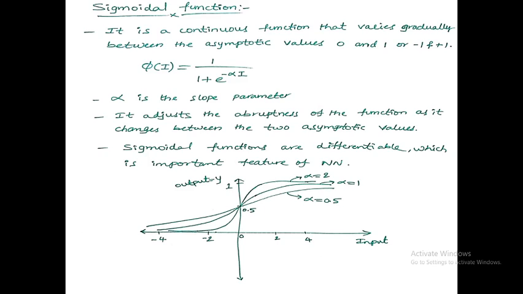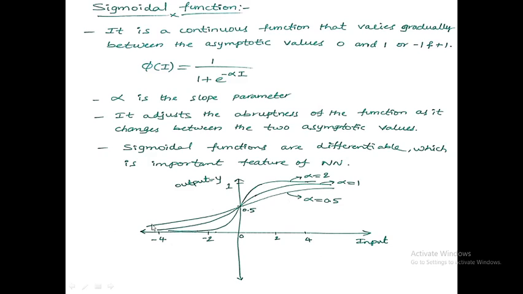So it is differentiable also. The sigmoidal function is differentiable. So this is one of the important features of the neural network. And if we see the representation of the sigmoidal function, output is represented on the y-axis, input is represented on the x-axis. If you see here, this is your sigmoidal function, 1 by 1 plus e power minus alpha into I. If you consider alpha is equal to 0.5,